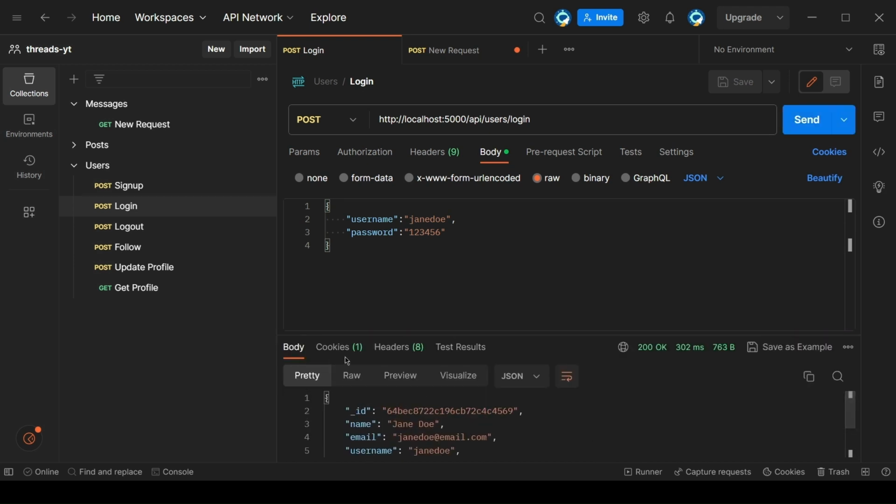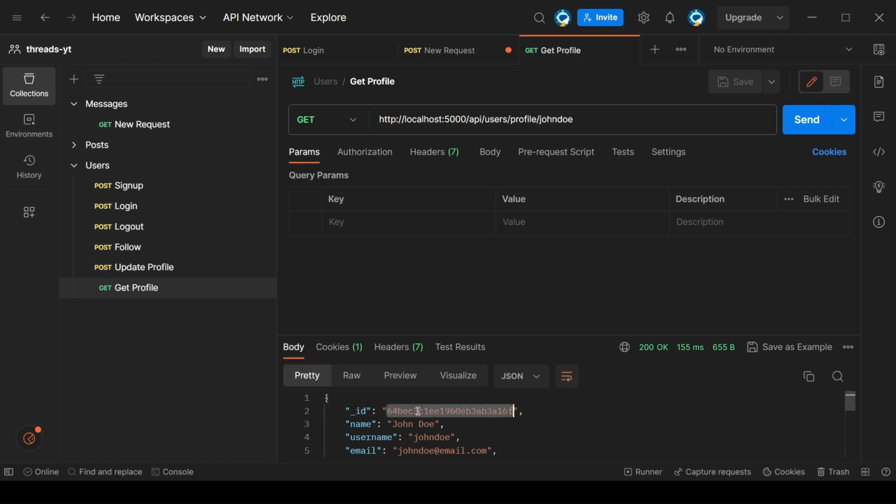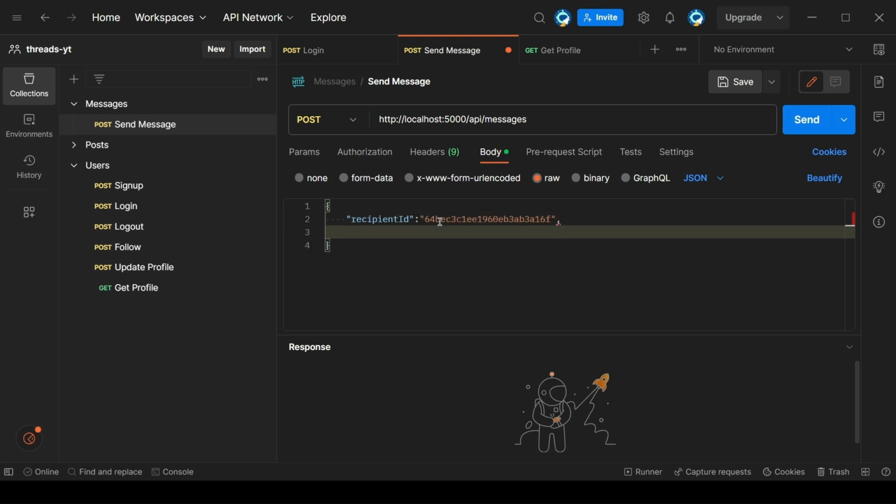Okay, so now we're logged in, we have cookies, and I will get the ID of John. We're gonna send a message to John, so the recipient ID is gonna be the ID of John. Okay, I'll copy this inside this new request. Maybe we should name it send message, and I'll just save this, so it's gonna update here as well. So now the recipient ID is gonna be the ID of John, and for the text, wait, was it text or message? I think it was message. And then we'll just say, hey John, and maybe exclamation points. Now if I just save this and send this request,